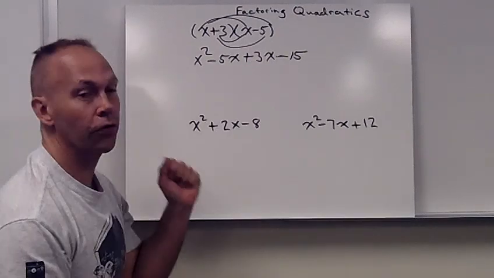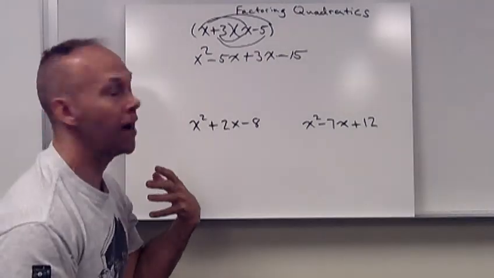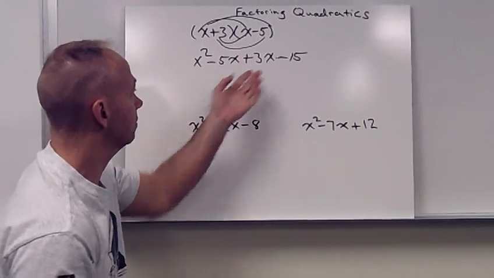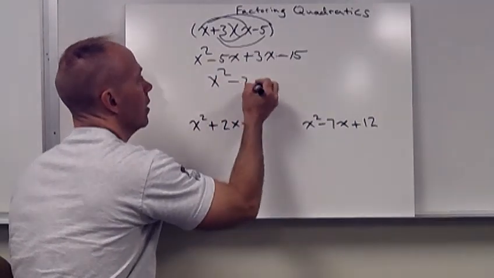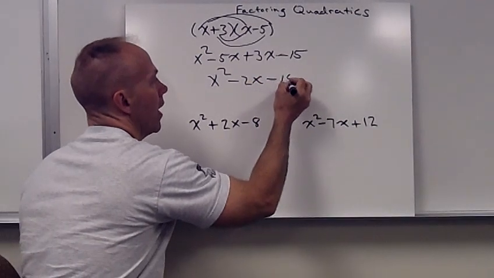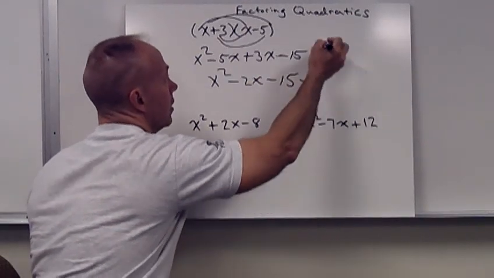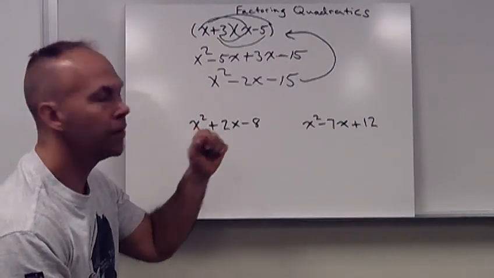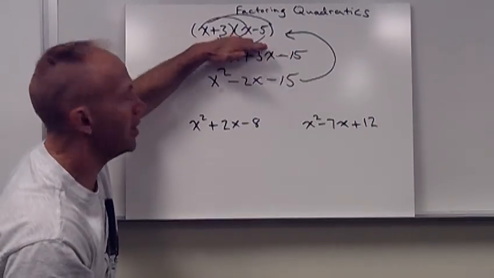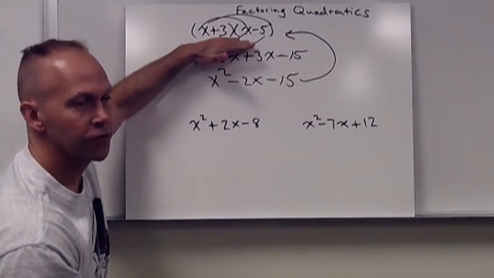Now, the middle two terms here I can combine. They're like terms. Minus 5x plus 3x is minus 2x. Now, again, factoring is going to be working backwards, starting with this trinomial,